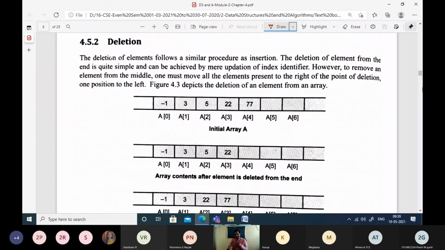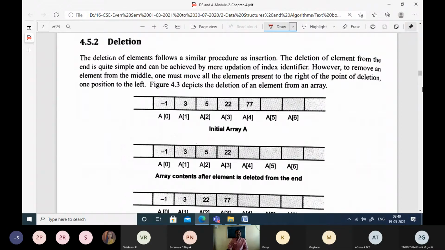Now we have also seen how we insert an element onto the array. If you want to insert an element at the end of the array, there will be no overhead involved, because at the end of the array the space will be available. Directly we can save the element at that location, and then we only have to change the size of the array. That's it.